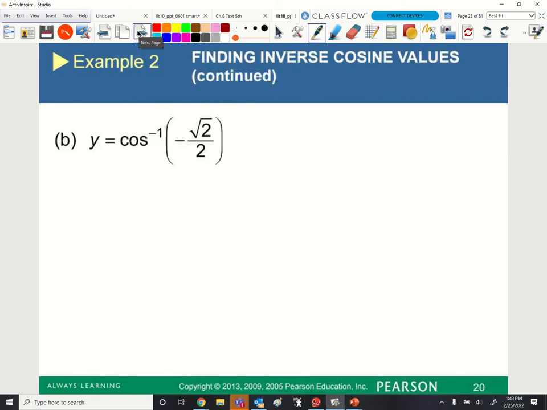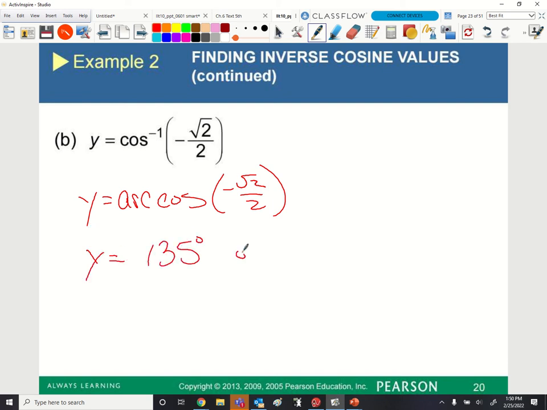Now this one here says arc cosine. So again, cosine is which variable? It's the x value, right? Find it, and is it in quadrant 1 or 2? Quadrant 2. Okay, so my answer is going to be y equals 135 degrees, or